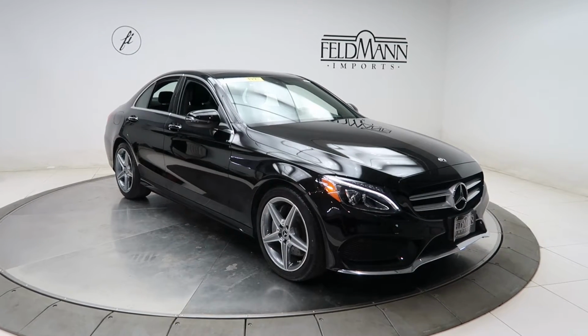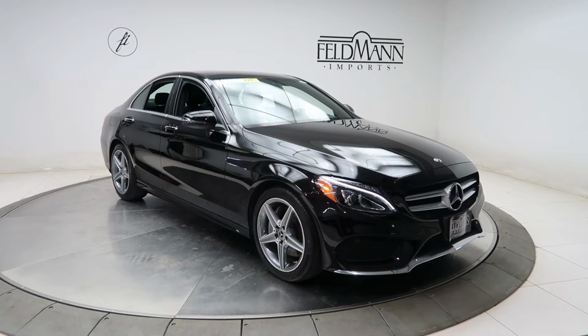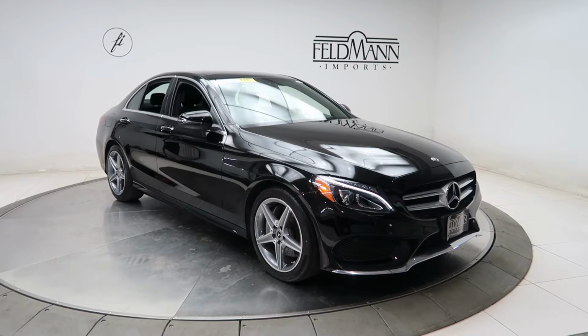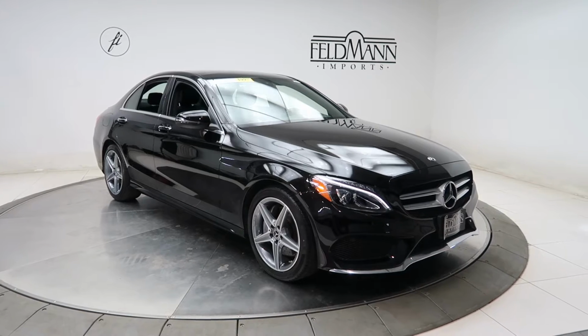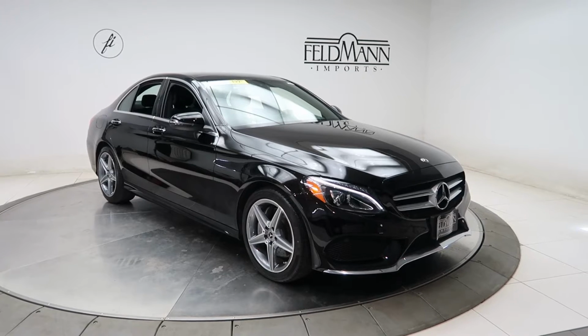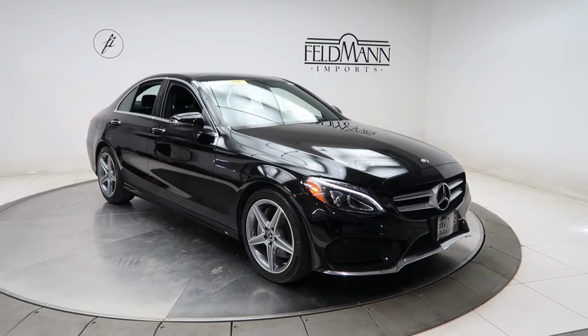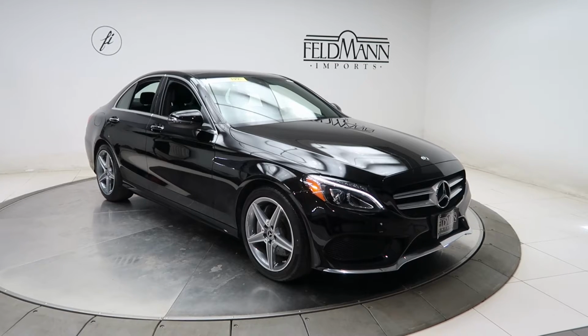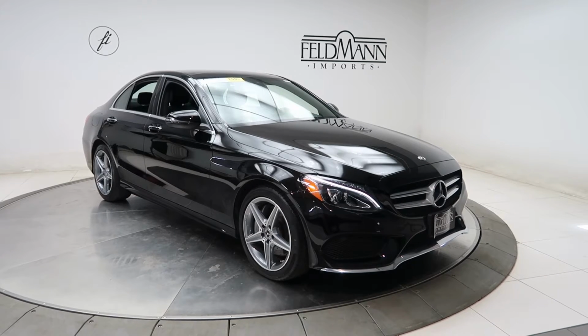Today we're taking a look at a certified pre-owned 2018 C300 4MATIC. This one is black. Underneath it is a 2-liter 4-cylinder turbo with 241 horsepower and 273 pounds of torque. This one has front and rear LED daytime running lights, the AMG line with 18-inch 5-spoke AMG wheels, AMG exterior and interior,